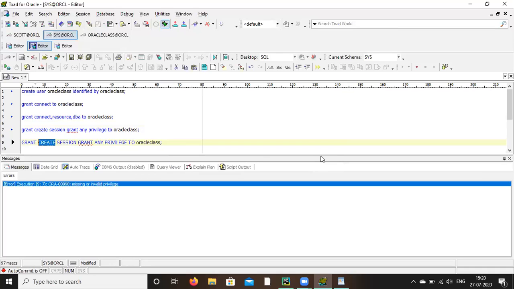Error. I have pasted one. Grant unlimited tablespace. One more you pasted.